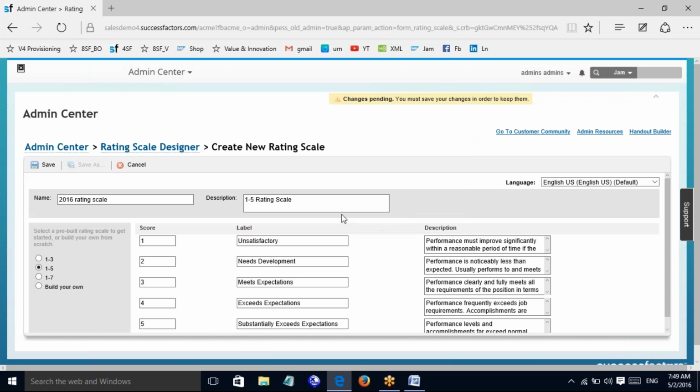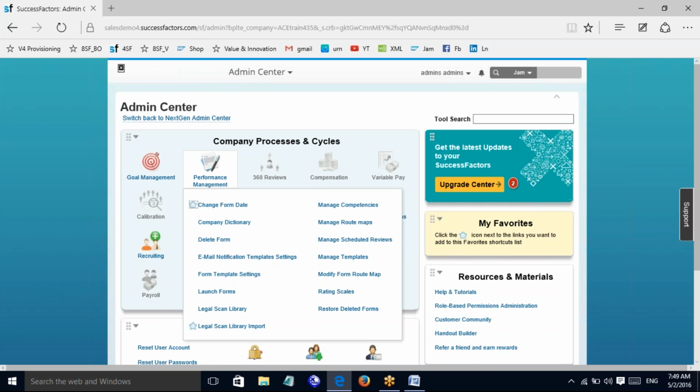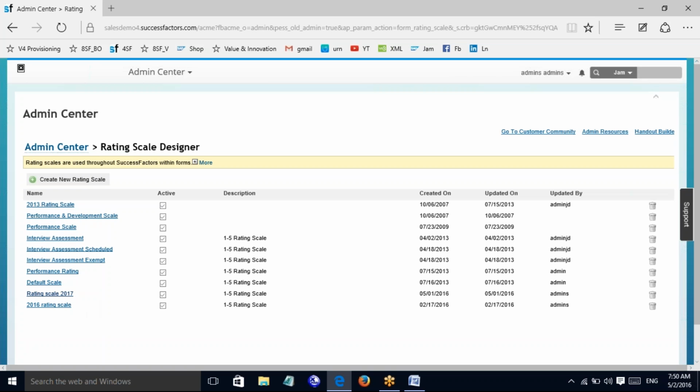So now it's saying that the rating scale is already existing for, let us give it like this and save it. Right. So now the option is, whichever you created is being saved to here. So now you can just go and see here in the rating scale section, and you'll find that rating scale